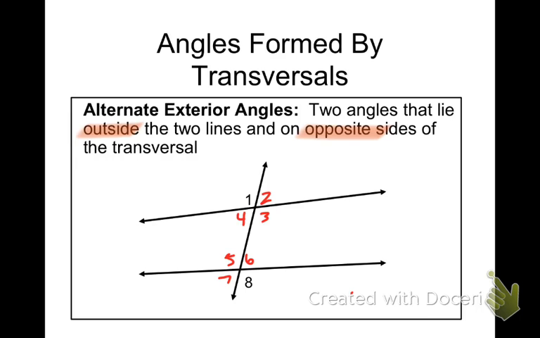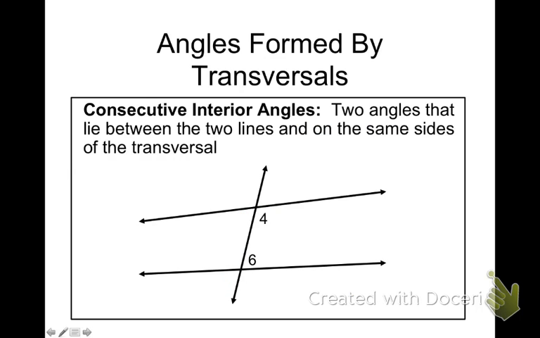Which angles do you think would be the consecutive interior? 3, 4, 5, 6. Well, it's a pair. 3 and 4 are a linear pair. 5 and 6 are a linear pair. 4 and 6, 3 and 5. They're on the same side inside. 3 and 6, same side inside. So, our consecutive interior angles,